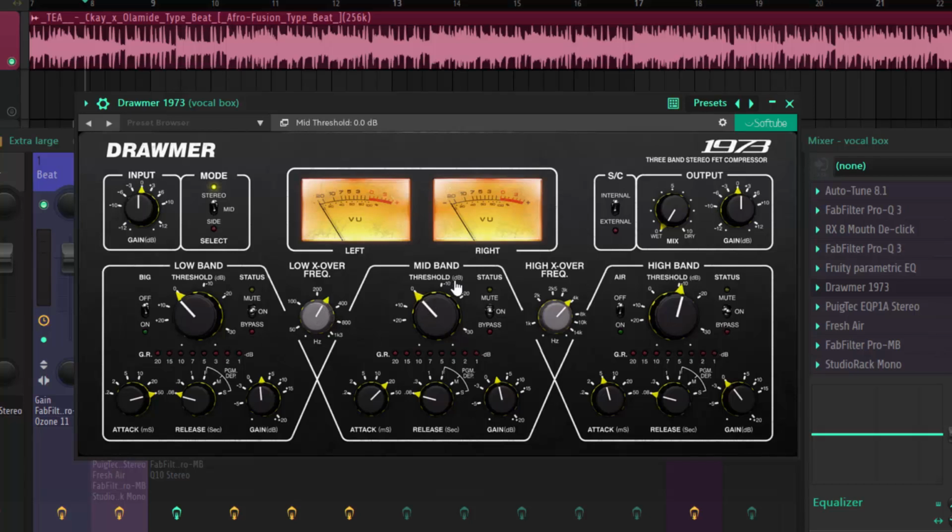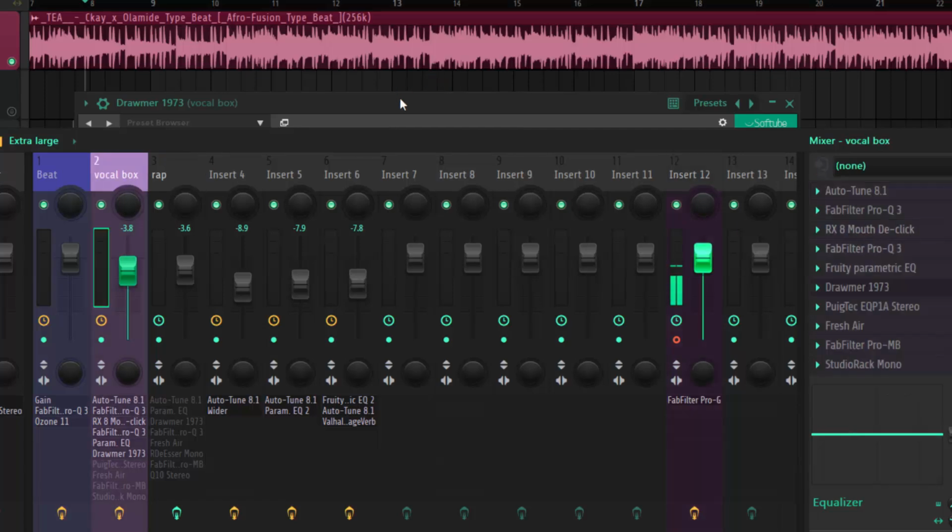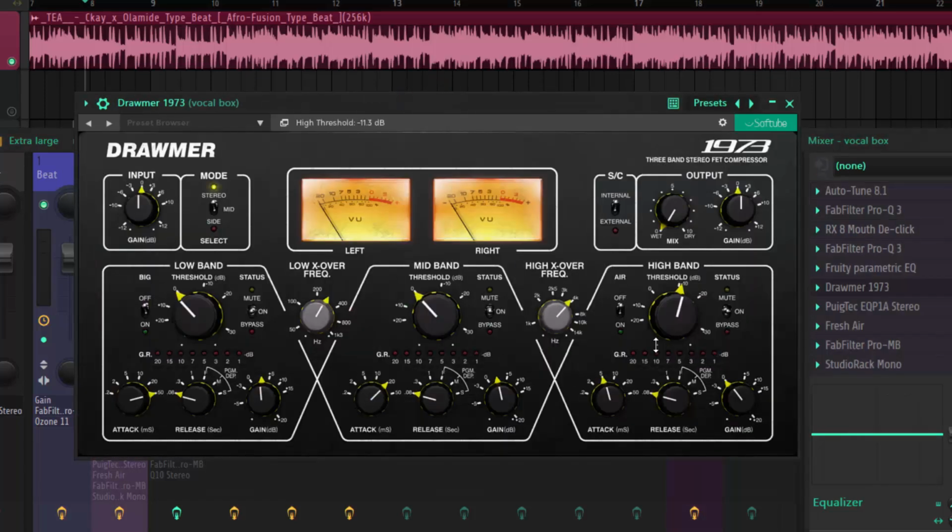So I came to this mid band also. I think I did the same thing, and I just touched some things here. Sorry, let me load it back. Okay, so I just touched some frequency. You can also copy this to see how it works for you. So let's take a listen to it with it and how it sounds.